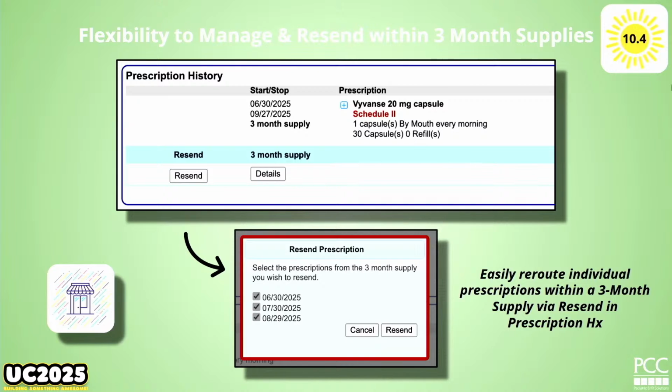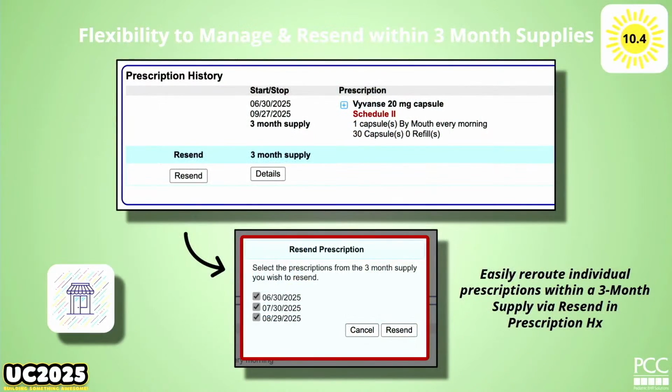These examples are a little bit tough because I took a screenshot of these around 6:30, but you would imagine that we're past 7 days after 6:30. So that top one would say you can't resend it because it's already 7 days in the past. But you could choose anytime between now and 7 days after those 2 dates, you could send those to a different pharmacy. So you might just find out from the staff that CVS has no drugs in stock, and you could say, oh, okay, I'm just going to go resend these. Or you can wait till you get the phone call and you can resend them.